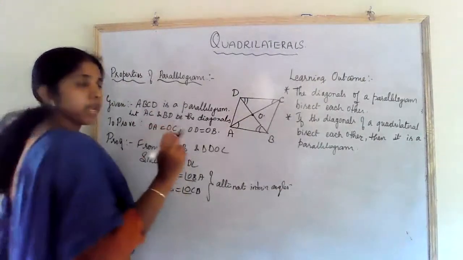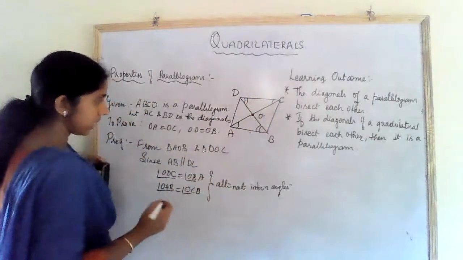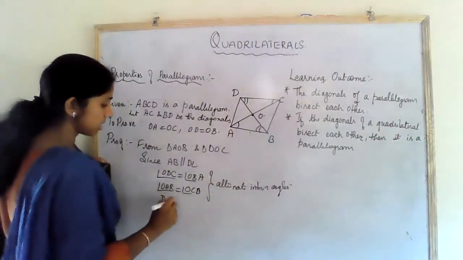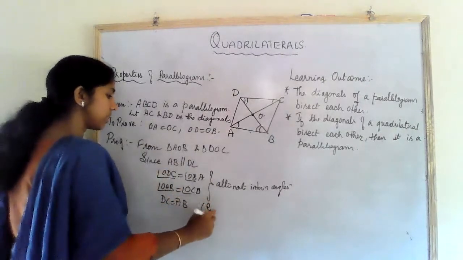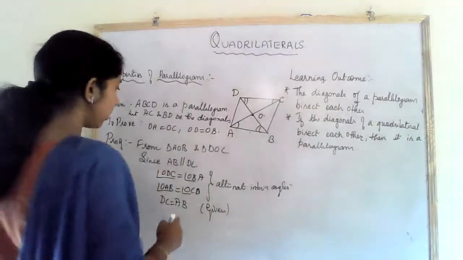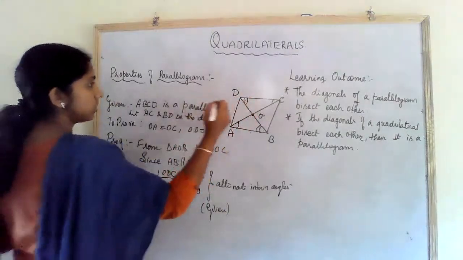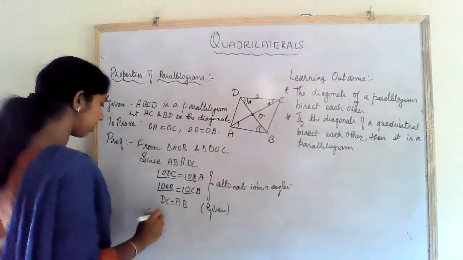Next, what else do we have? Since it's a parallelogram, we have already proved that opposite sides are parallel and equal. So we have DC equal to AB. Therefore, which congruence rule holds here? Angle, side, angle. Therefore, by the ASA congruence rule,